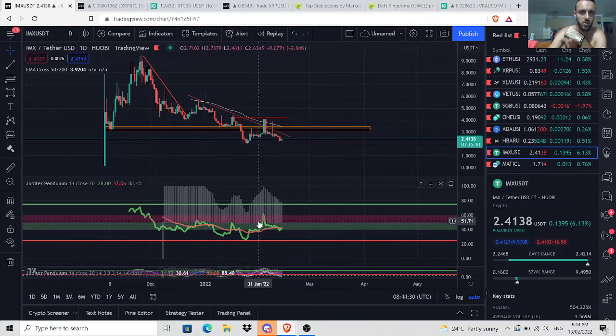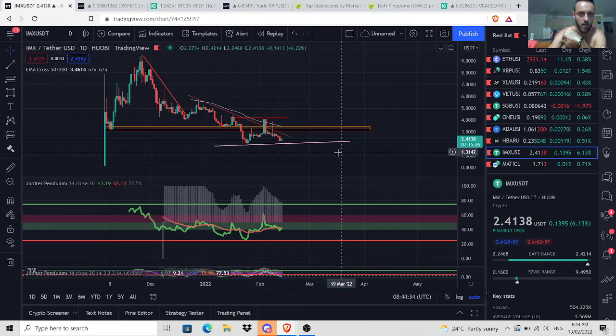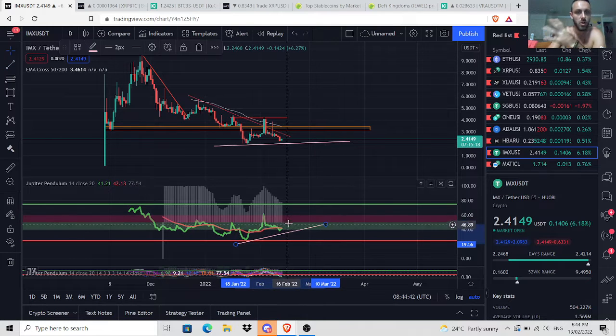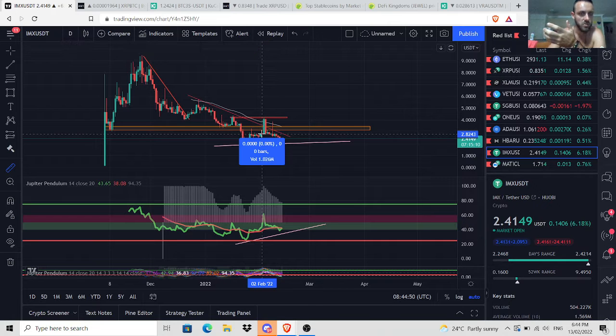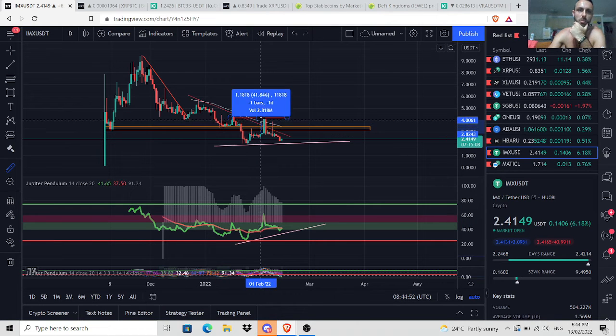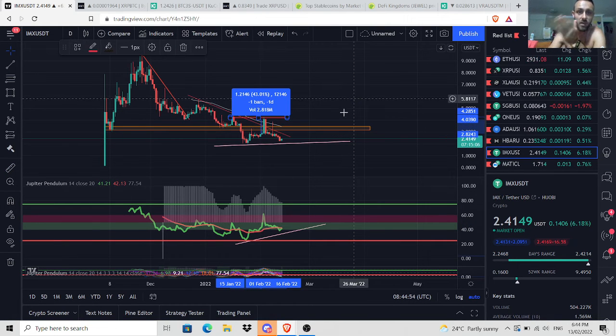Look at IMX. Look at the divergence between this. If this bottom holds, it's a higher low, especially after such a bullish impulse, we just got smashed by resistance. Look at it here, and it's so close to the 50. If we break up, look at this here. Literally the next candle, once we passed the 50, was huge. And I'm looking at this like, we're in resistance. Surely not, but then bang, 40% in one candle.